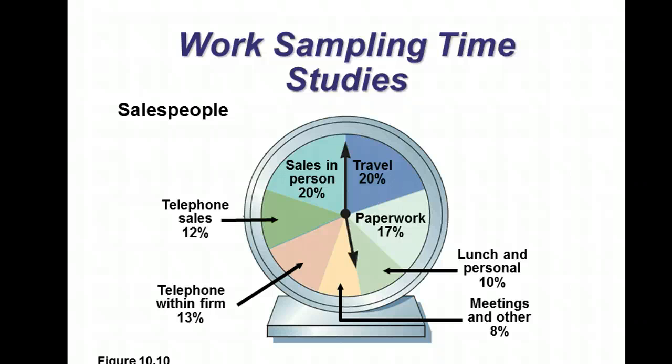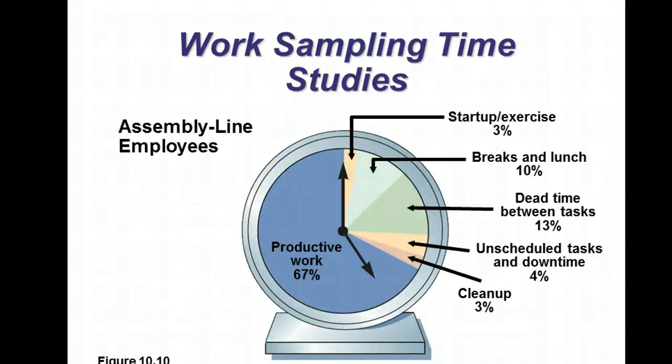So, this is how they've broken it down for a salesman. They're looking at his actual work time versus everything else, the paperwork, telephone sales, whatever. There's sales in person, 20%. So 1/5 of the time he's actually doing it. But it's not realistic to think that he'd be doing that 100%, because then all the paperwork, he wouldn't travel, he wouldn't get anything else done. So again, it gets back to this sort of design efficiency and actual efficiency.